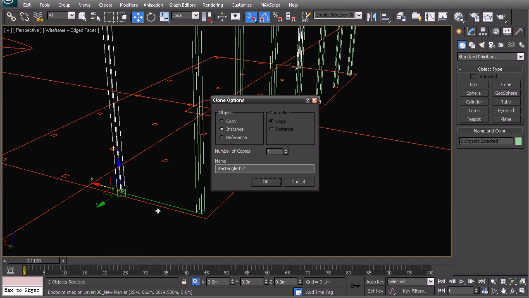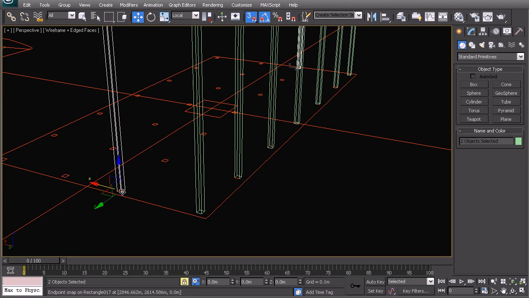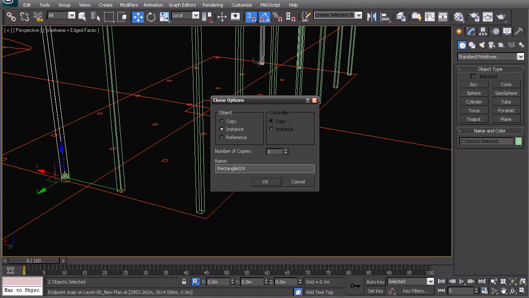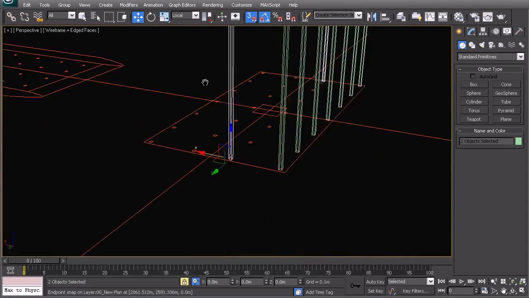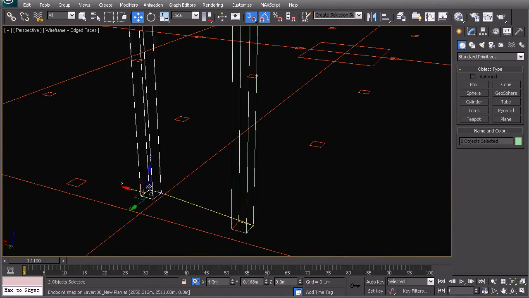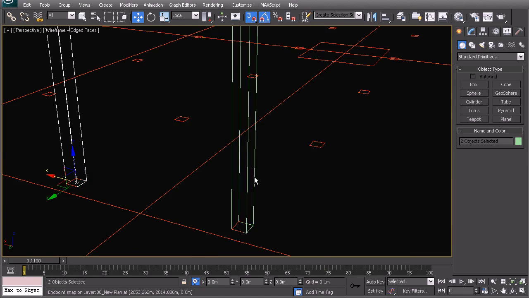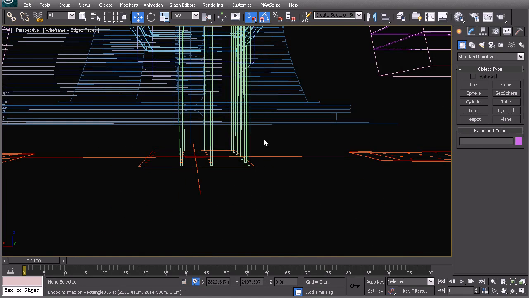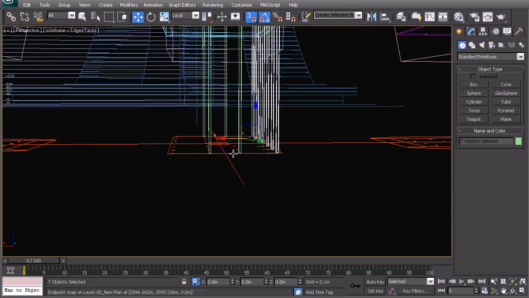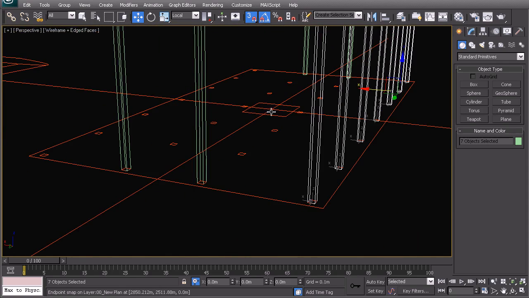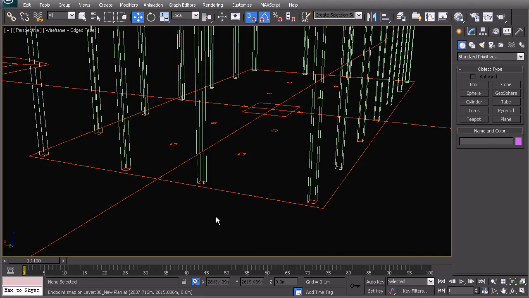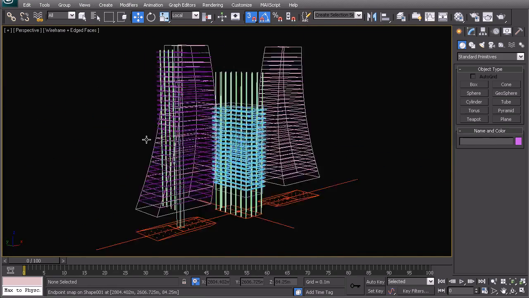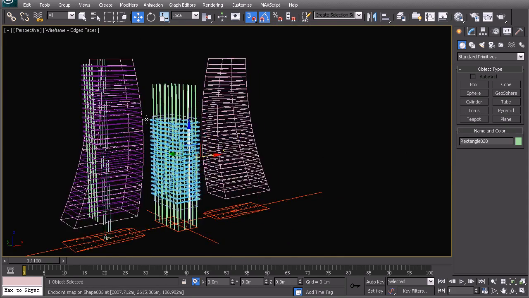these guys across to there. And I'm also holding down the space bar, or at least let me just get a better view of that by re-zooming in here. And now I can grab all of these in one go, and I can copy them across as well using instance. So each one of them is now an instance, so we can go into the front view,